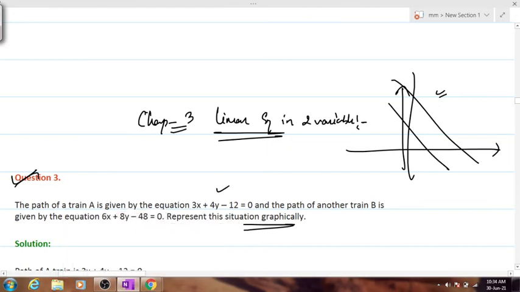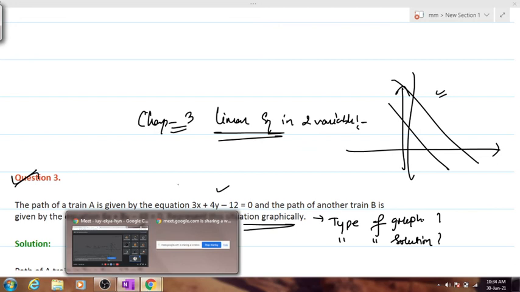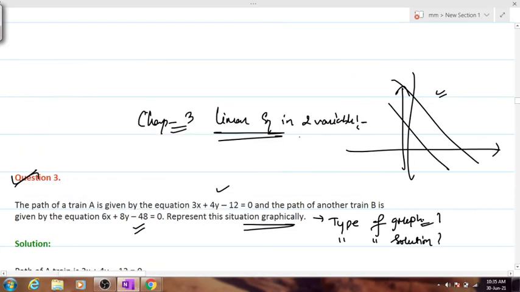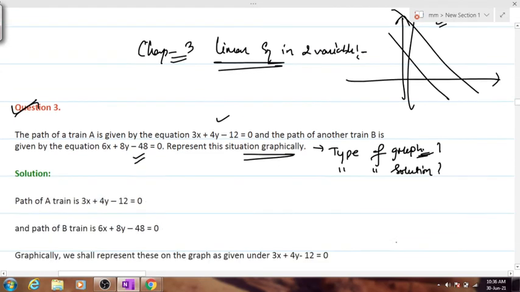You just have to represent it on graph paper first, and you'll have to tell me the type of graph obtained and the type of solution also. I need the type of graph and type of solution. I hope people have understood what type of graph and type of solution mean. Yes? Sir, I'll pause the video. Hurry up. It's inconsistent. I need the type of graph. Only Agnik is telling the answer. Rest of you are sleeping. Type of graph obtained.